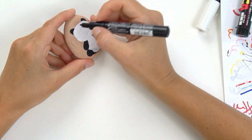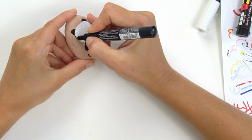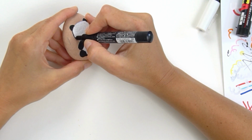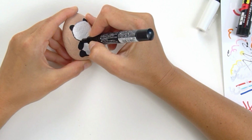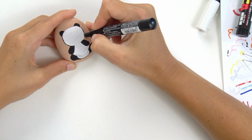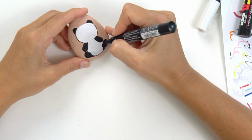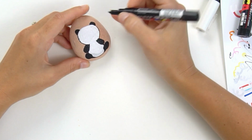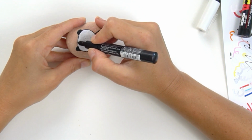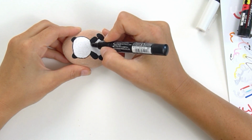Okay, now I'm gonna go ahead and line the outside of his head. Now when you're lining something like this, if you want to give a little bit of hair marks, you can, to give it a little bit of a fuzz. Just let your pen bounce on the rock just the littlest bit. Instead of a super smooth line, you can give it that fuzzy, bumpy little line, which gives it a little bit of a fuzzier look, like so. And I'm even gonna separate my body